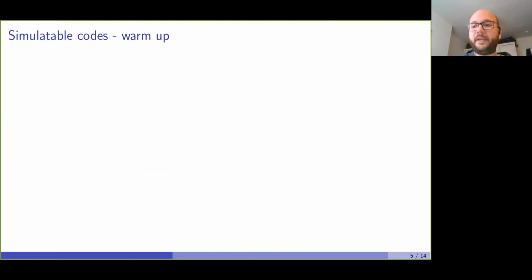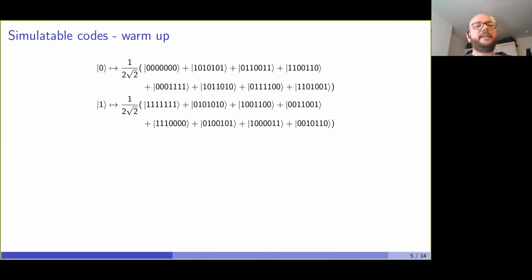The main tool that we need for proving this QMA hardness is the notion of simulatable codes, which was defined in my joint work with Slofstra and Yuen. And here I'll define the simulatable codes by example. I'd like to first start with a warm-up, and this warm-up is just a Steane code. So if you consider the Steane code that maps the logical qubit 0 into this 7-qubit state,